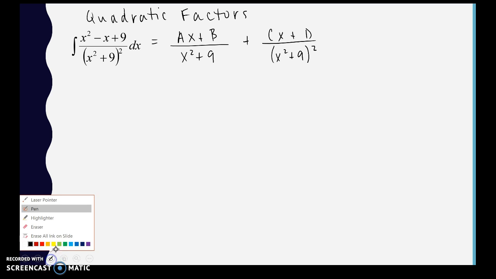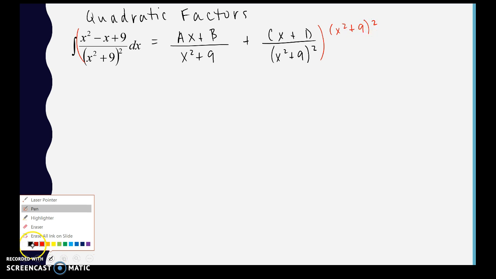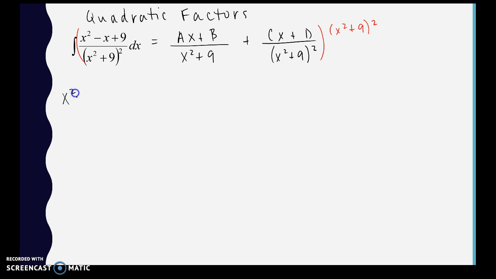Okay, so multiplying by our common denominator of x squared plus 9 quantity squared, x squared minus x plus 9 equals ax plus b times x squared plus 9, and then it clears the last one completely, so plus cx plus d. Okay, so not a problem, but unlike linear factors, we can't get the zero of x squared plus 9. So one very useful method,